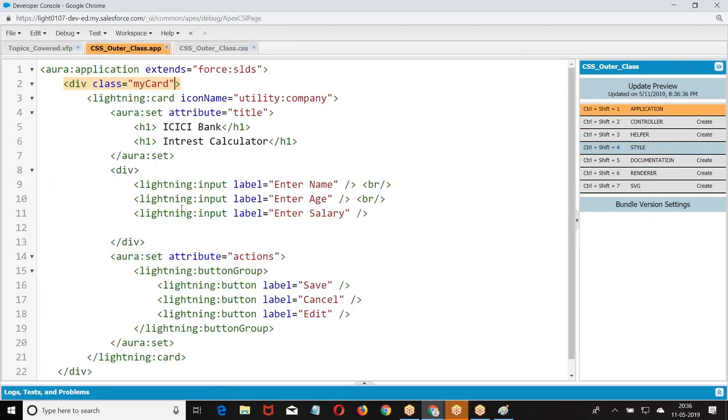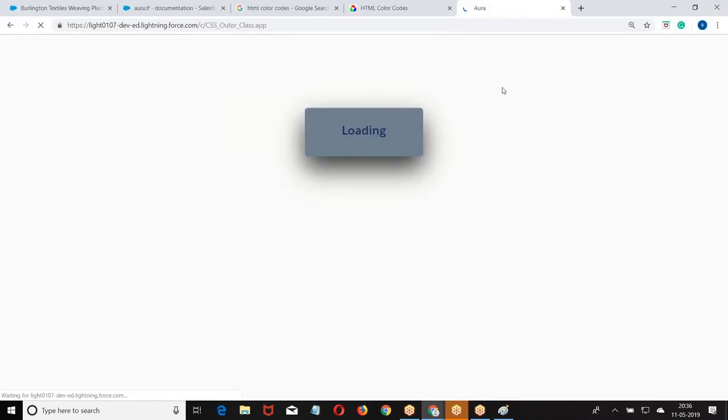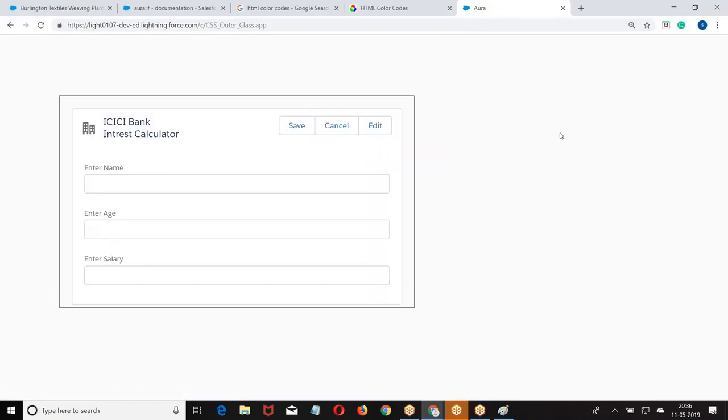So go back to this application. Now look at this. Div plus equal to. If it is an inner element, we have to give dot this space dot class name. Now we got the space between these elements here. You got the space between elements here? Are you getting my point here? So if it is an inner element, how are you supposed to apply the CSS? Dot this space dot class name.